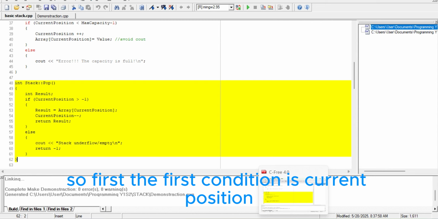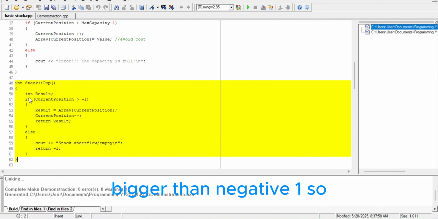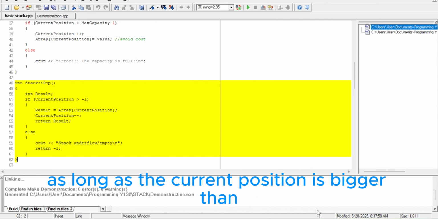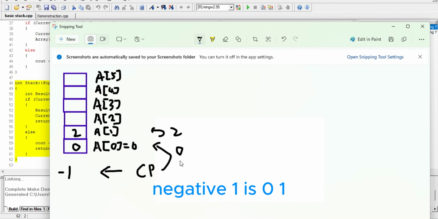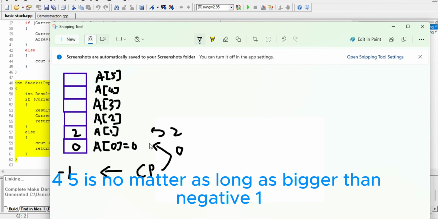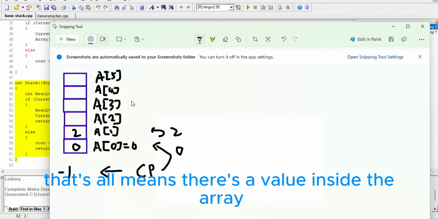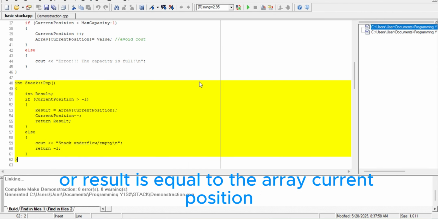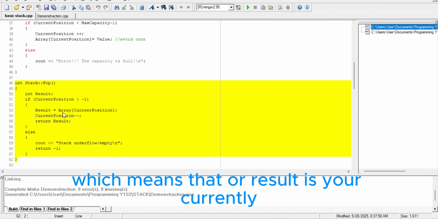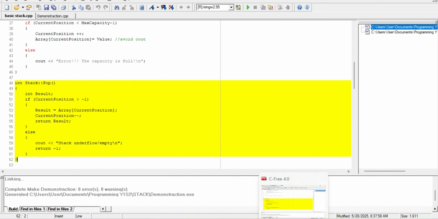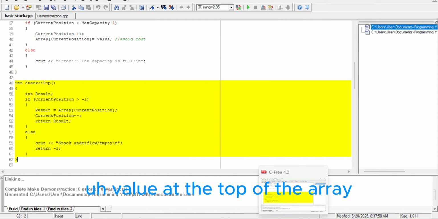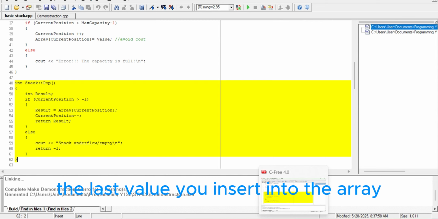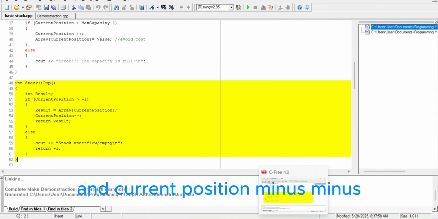So the first condition is: current position bigger than -1. As long as the current position is bigger than -1, whether it is 0, 1, 2, 3, 4, 5, no matter, as long as it is bigger than -1, that's all. It means there's a value inside the array, so it will go, and result is equal to the array at current position, which means our result is the current value at the top of the array, the last value you inserted into the array, and then current position minus minus,